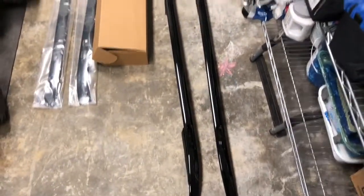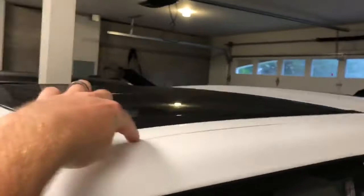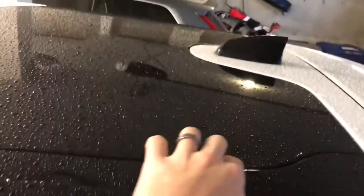But you can order the roof rails right there on eBay, and that's what I did. I got them from some Chinese provider, and I was all excited to go ahead and put them on here. And then I started to discover that when you take this off, this little thing pops off, and so does this back piece back here. You can see it right here, this piece right here, it pops off. Well, there's no way to put the holes that you need in there,